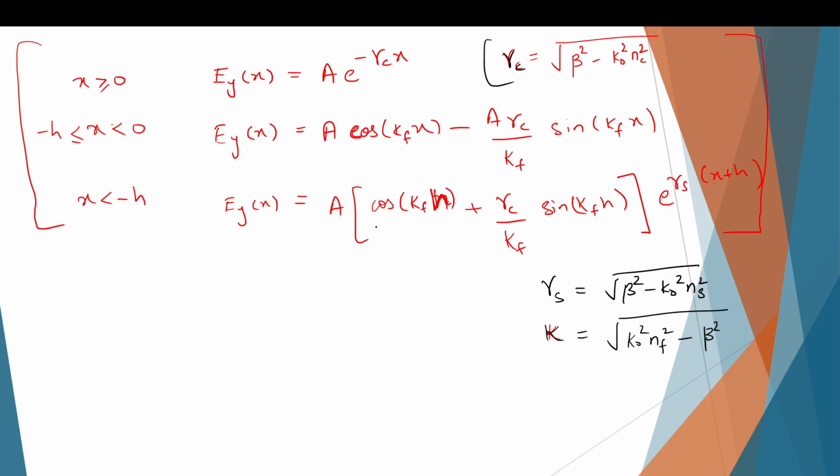So a is just the amplitude that will depend on the intensity of light that I am sending in, but I still need to know the value of beta, so that then I can write down all these equations. I'll know the value of kappa f, I'll know the value of gamma c, I'll know the value of gamma s also, right? So then how do I find out the value of beta now? So to find beta, we apply the boundary condition 4,